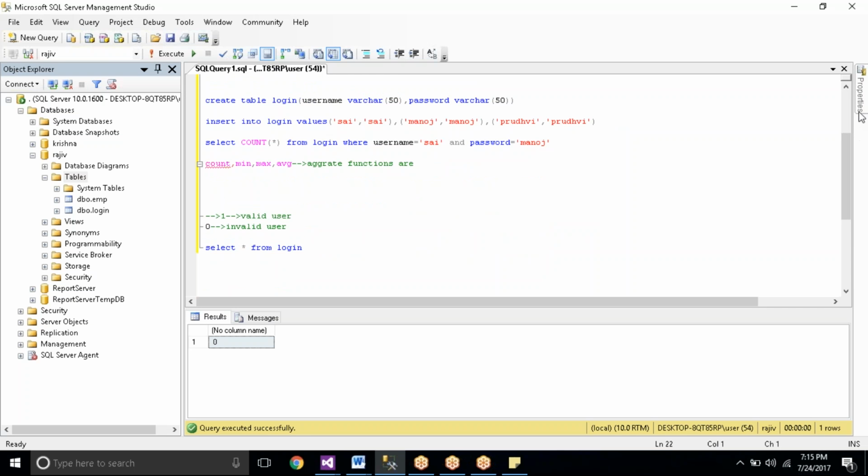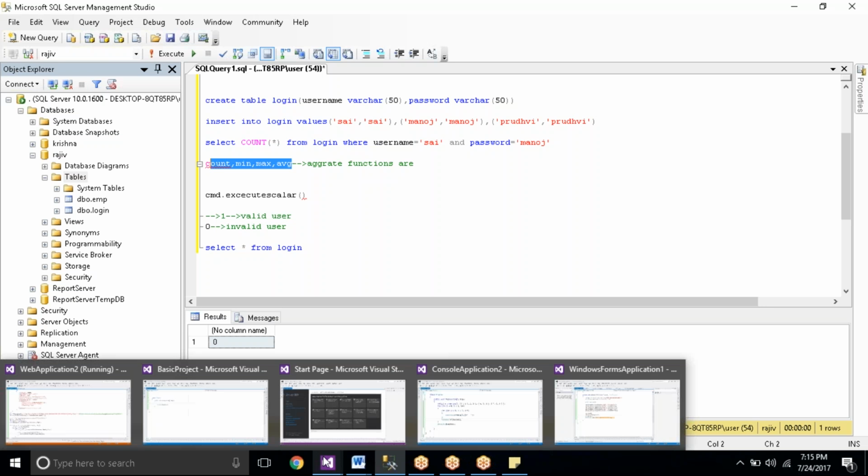Other than ExecuteNonQuery, if the query has count, minimum, maximum, average, any of the aggregate functions, we can execute that with the help of the ExecuteScalar method. Which method do we need to use whenever the query has an aggregate function? ExecuteScalar. Am I right?